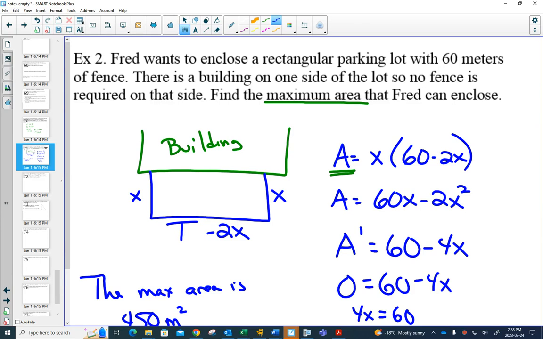Because we could have started with 80. We could have started with 100. We could start with any total amount of fencing. So I'm going to use a big T there. I don't know what that number is, but no matter where I use that, this 60 all the way through,